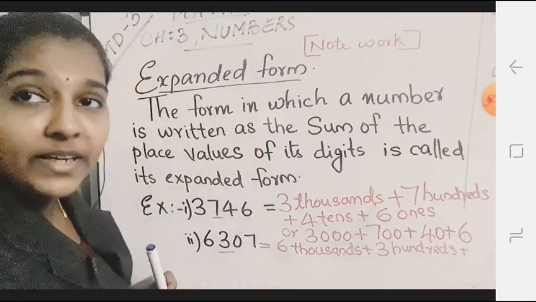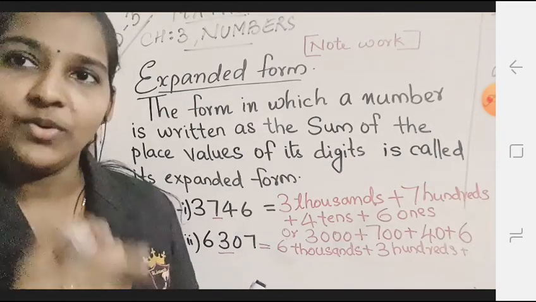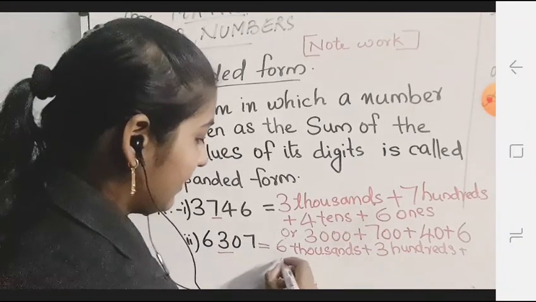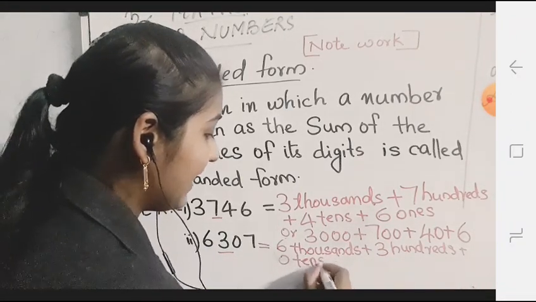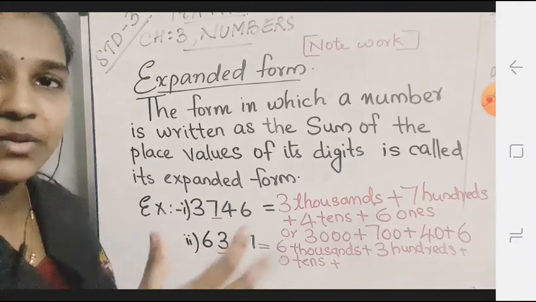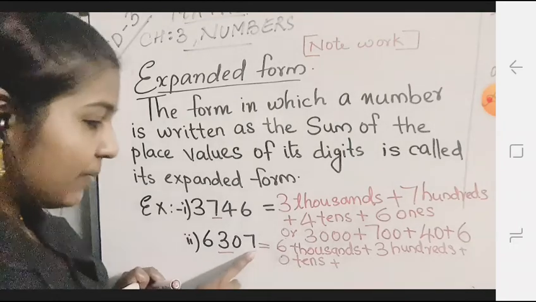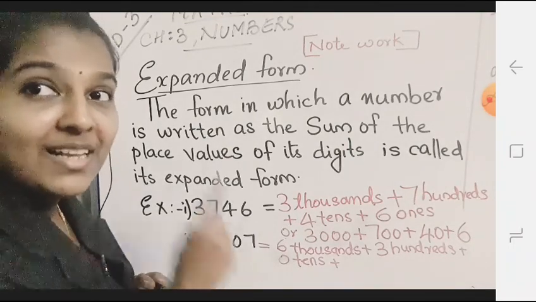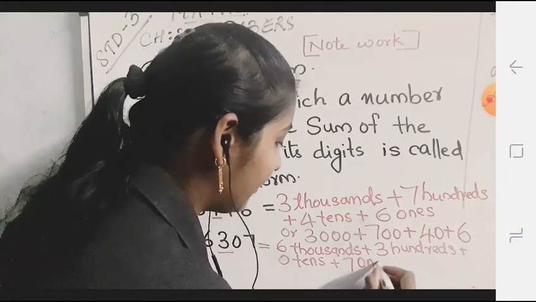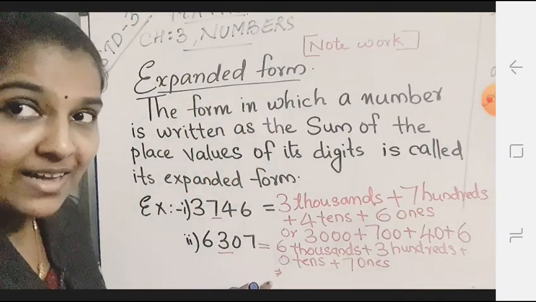then how many tens? Here the tens place is having a digit 0. So you can place 0 there. So 0 tens. You can write 0 tens. If you are not writing that place, no problem. It will be a 0. If you don't want, you need not write that place. Then next place is ones place. Which number is there? 7. So 7 ones. Now let's write this in short. So 6,000s are 6,000.